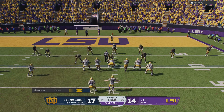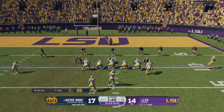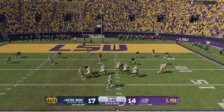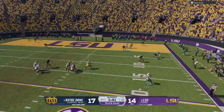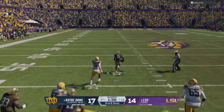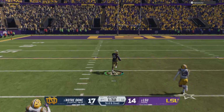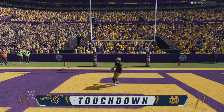Now 3rd and goal and tough yardage to cover here. Wants to throw again. Quarterback floating away from pressure. Intercepted. Big play stops the drive. He's at the 50. The 30. The 20. And with the interception, he'll take it